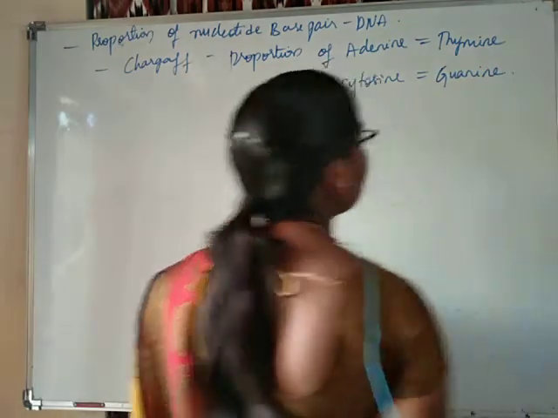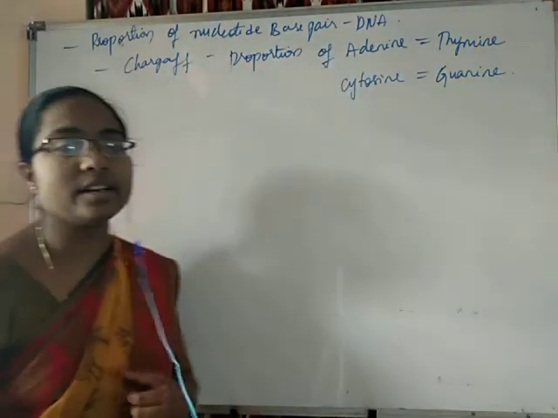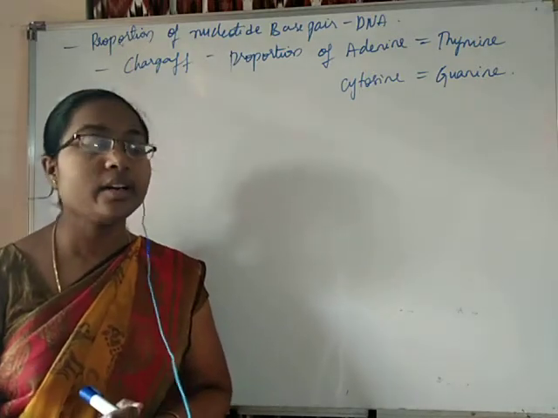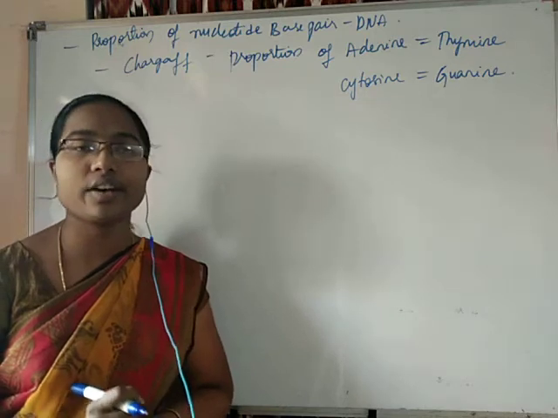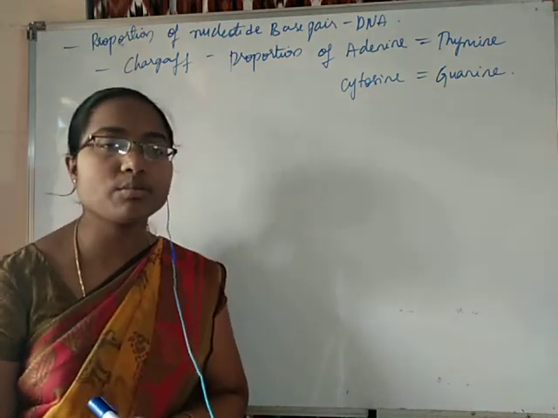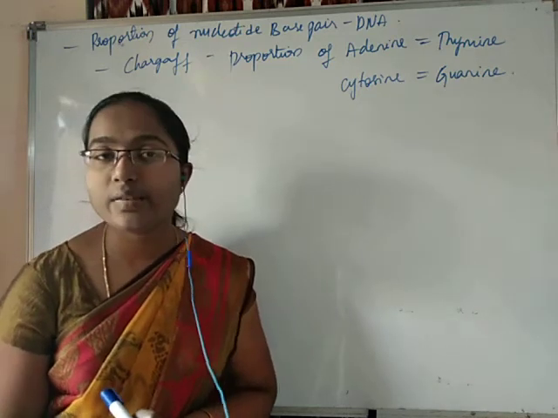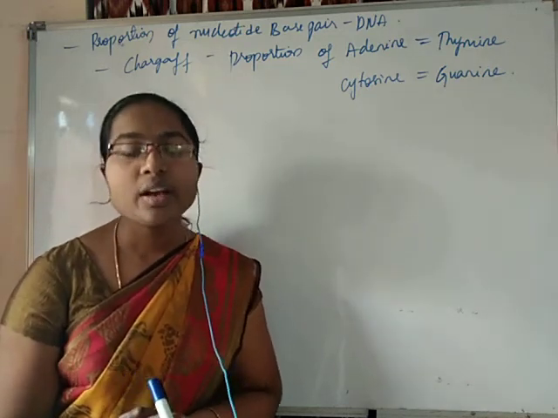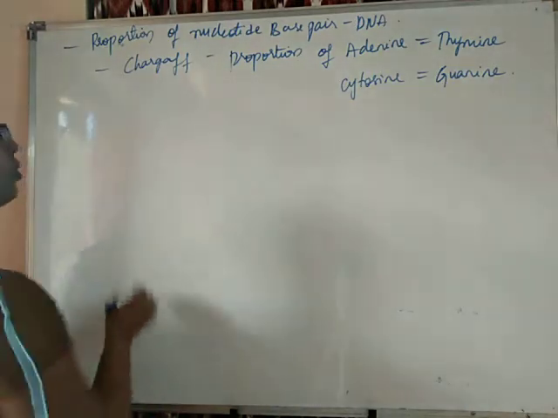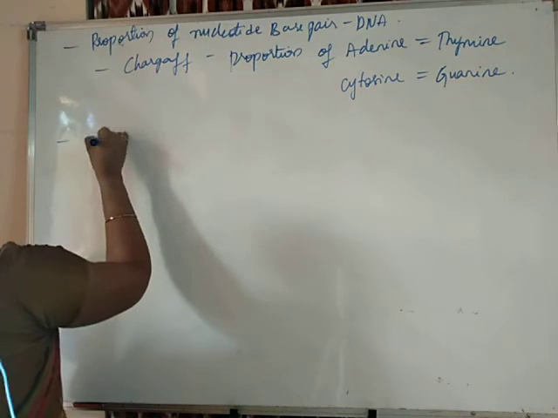In that way, he made this observation that adenine is equal to thymine and cytosine is equal to guanine. Based on this observation, they came to know that these nucleotides will occur in pairs. And another important feature of the DNA double helical structure was that DNA consists of two strands